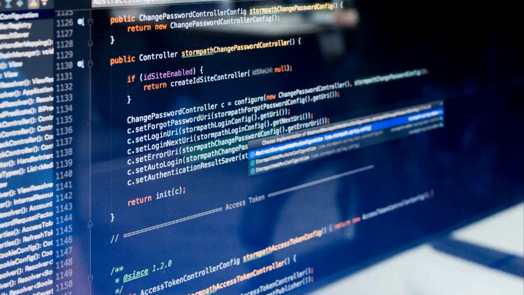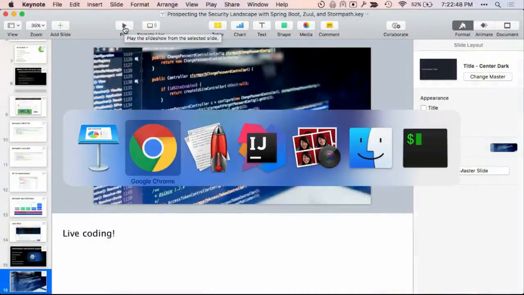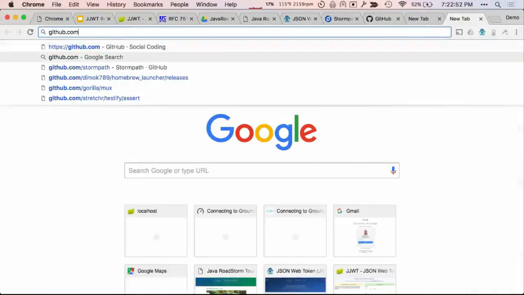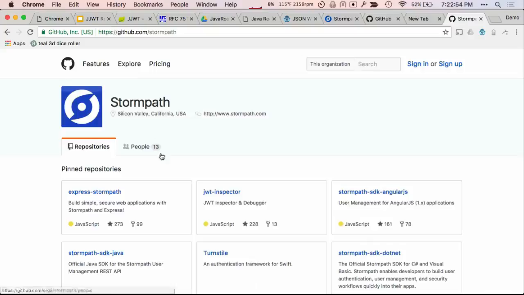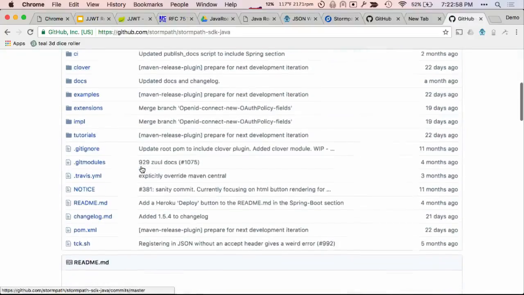The first one is part of the Java SDK from Stormpath. We have it organized in such a way that you can see all of these extensions that we provide on top of the basic SDK. So if I look here, I'll just show you this really quick.